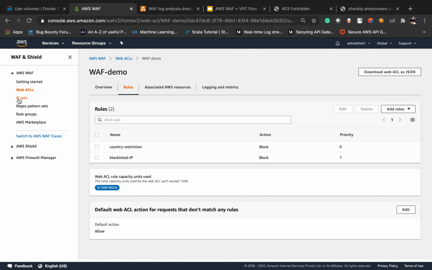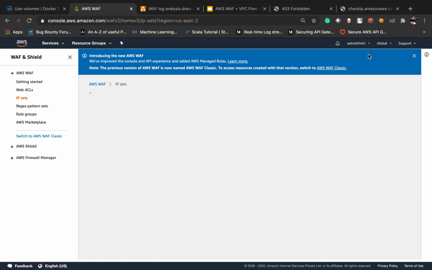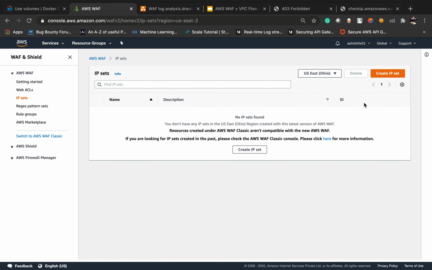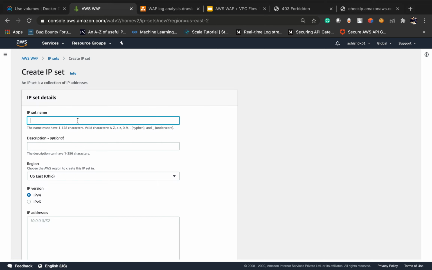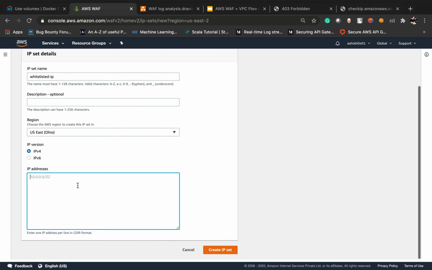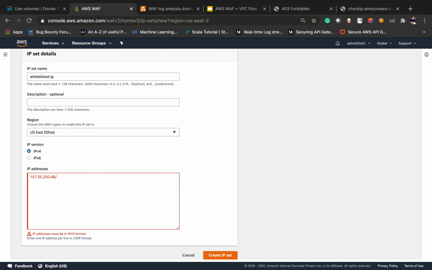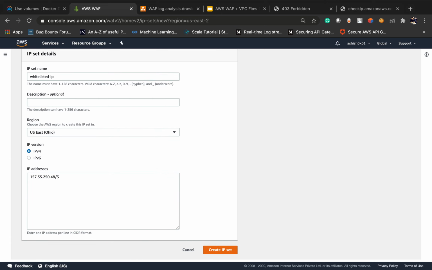This is our IP, and we need to come under IP sets and create one IP set. It will be whitelisted IP slash 32. Create IP set.